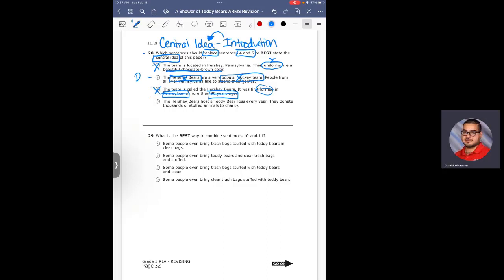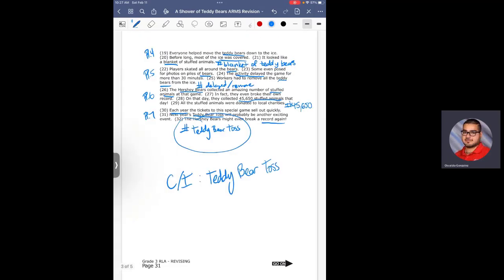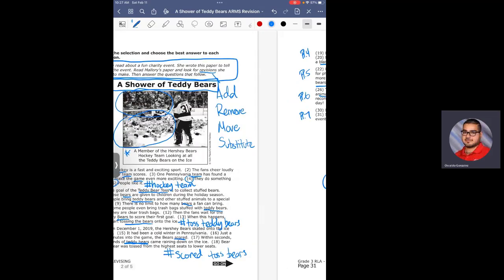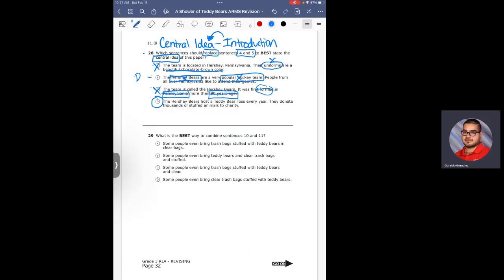Wow. Look at this central idea, this topic sentence right here, an introductory sentence that can also help us with our writing. They're staying within the central idea. This is going to be our answer. Why? If we look back, our central idea is a fun charity that a hockey team hosts called a shower of teddy bears. And this is exactly what these 2 sentences are stating. Okay? Now,